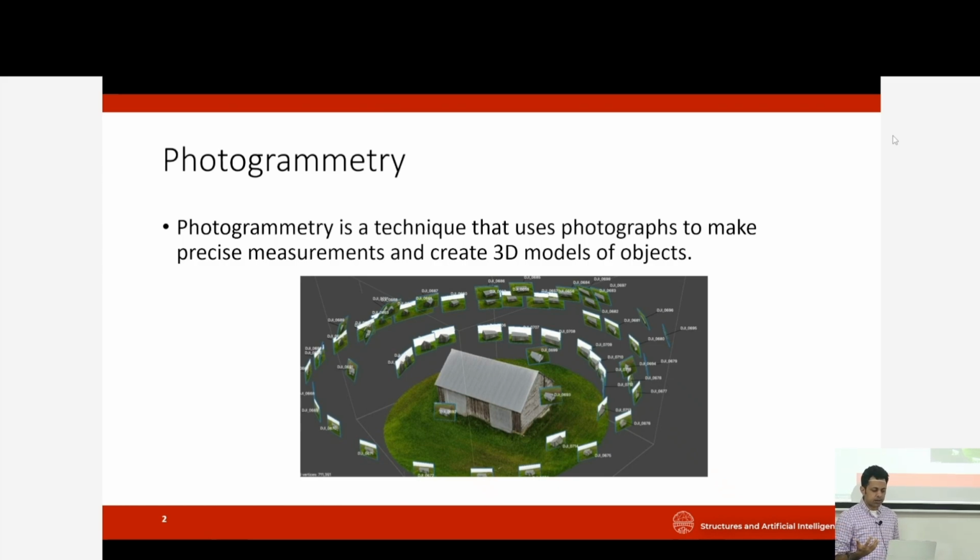And that reality model gives you a single reference, right? So it's useful because when you have multiple images, each of those is a different view. And a single image will not tell you everything you need to know about the asset, because naturally there are going to be parts that are out of view in that image, and there are going to be parts that are more in focus. So images are good when you want to have localized information from a particular view. But if you want the whole asset,